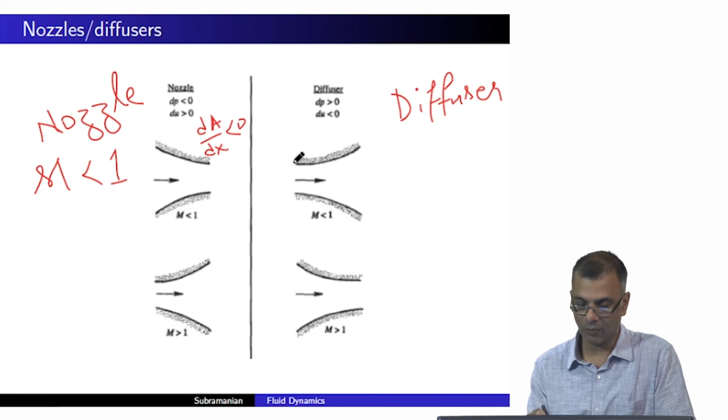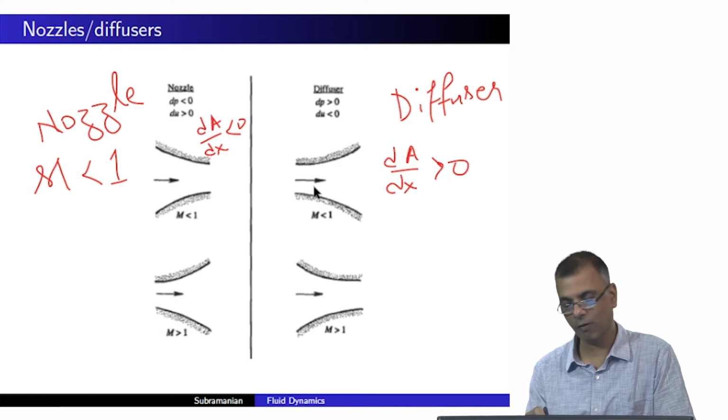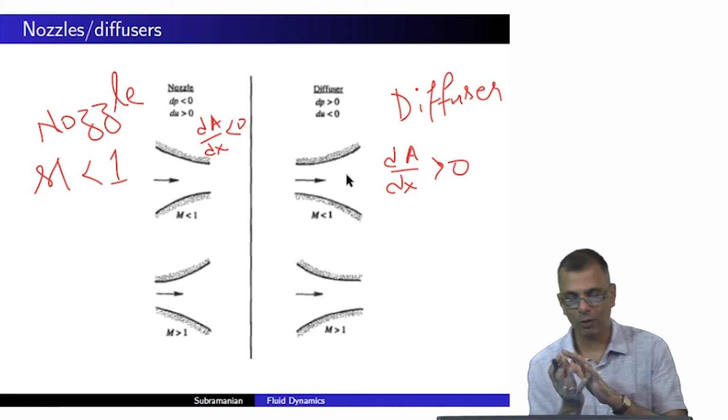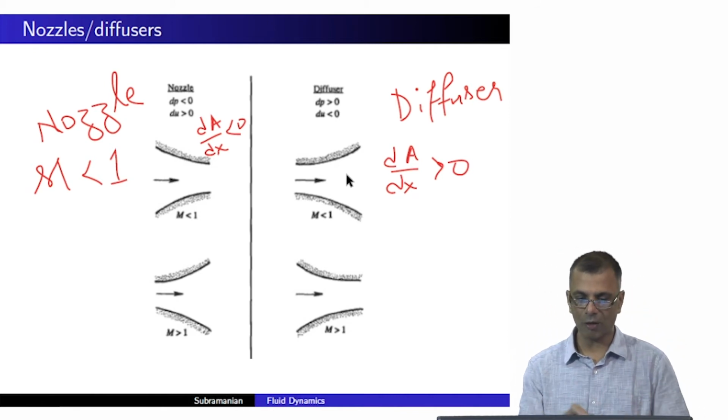In this case, the cross-sectional area is increasing, right? So this would be a diffuser. Why is this a diffuser? Because as subsonic flows pass through a diverging channel, their speed decreases and the flow diffuses, right? So this conforms to